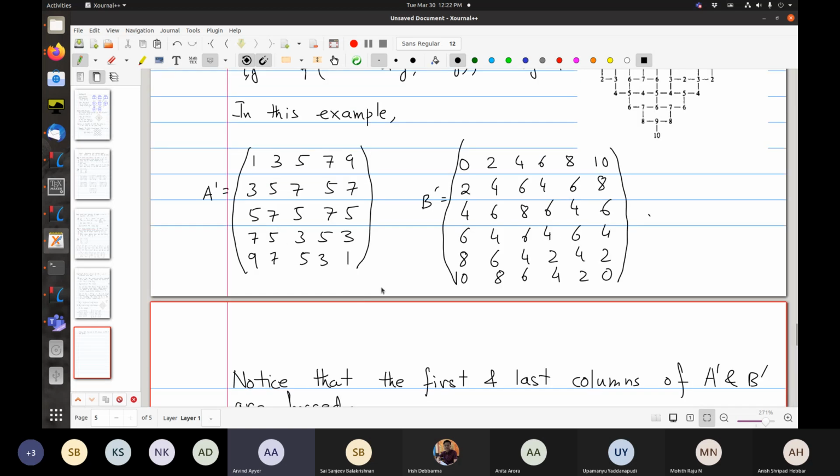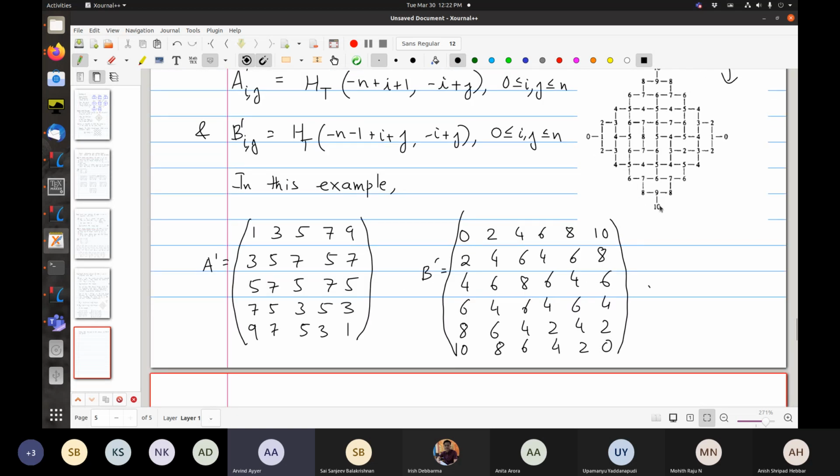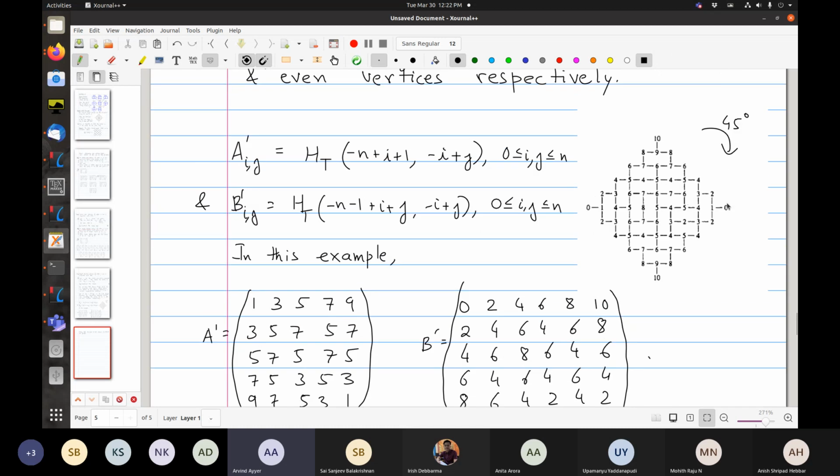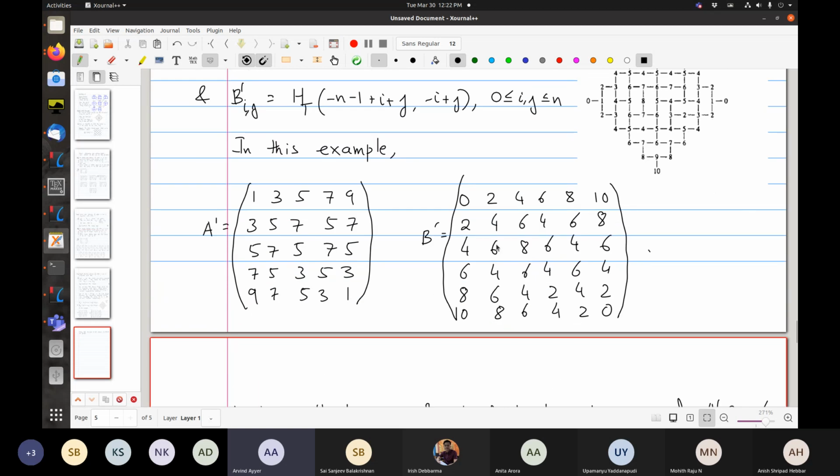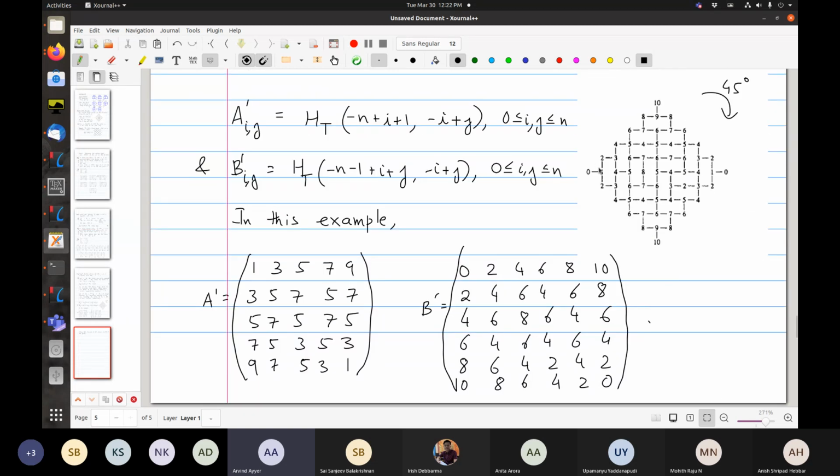Let's see that. For B prime, this is obvious because remember the heights of the boundary are fixed. So 0 to 10 to 0 to 10 is right. So we had said that in the last class. So these things are for A prime, which is the odd entries, you might be a little worried, but this is also forced because you see.